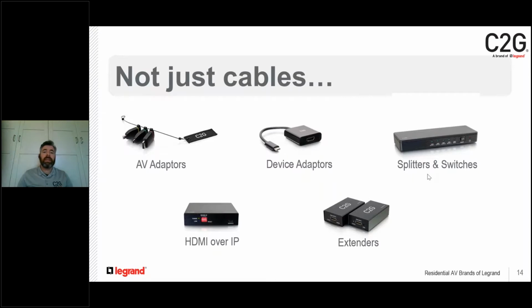So C2G is not just a cable business. Going into the historics of it, we used to be called Cables to Go, and then we rebranded as C2G because we are not just a cable business. In terms of our 2,300 SKU range, we also offer a lot of adaptive products, whether that be AV adapters, device adapters, docks for IT applications, but we also have a range of splitters and switches, HDMI over IP,